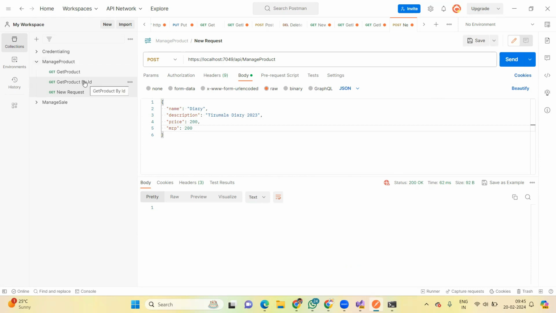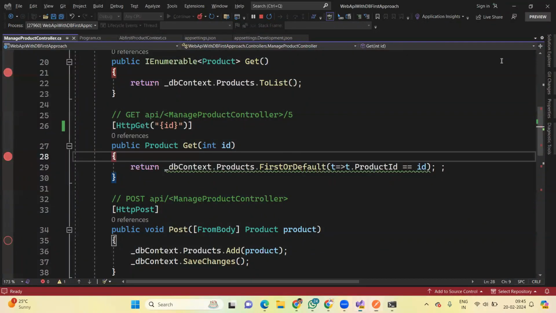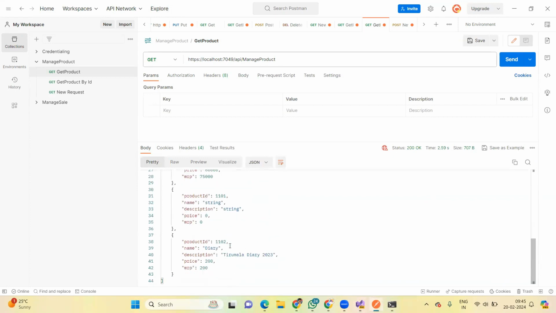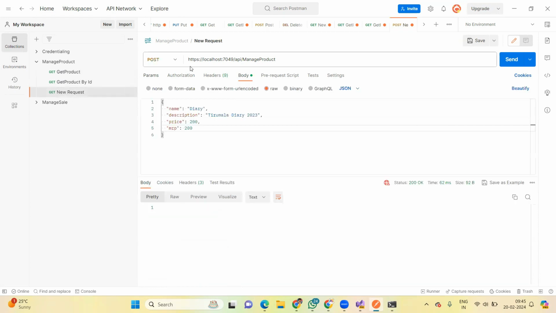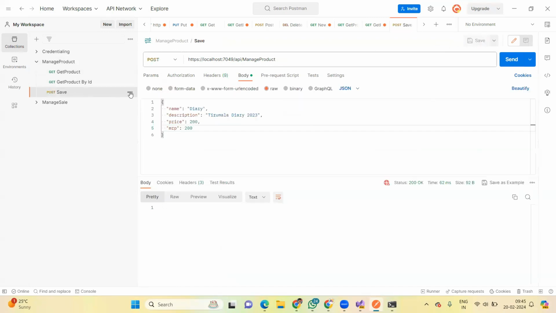So I want to check. Go and execute this. There you got inserted. So this is your post or save or insert, whatever name you want, you can give. Save it. And this also, let's save it. So similarly, after post, we need one more